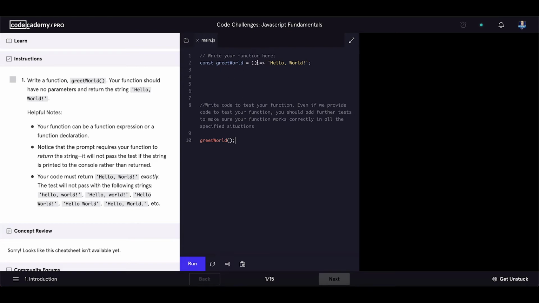So we wrote a function expression and assigned it to the greetWorld variable, and we have no parameters in the function, and we are using the single line because we are just returning the string value hello world, and that's why we can omit the return keyword. Now let's run our code